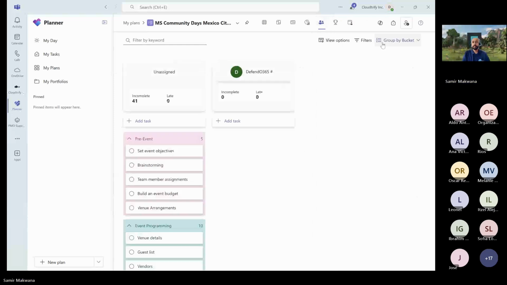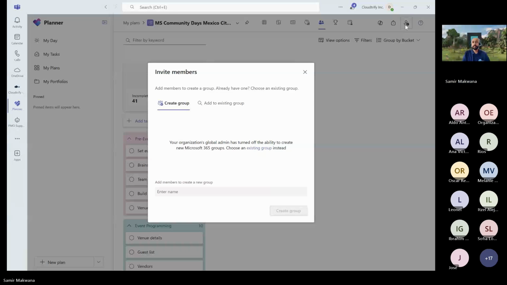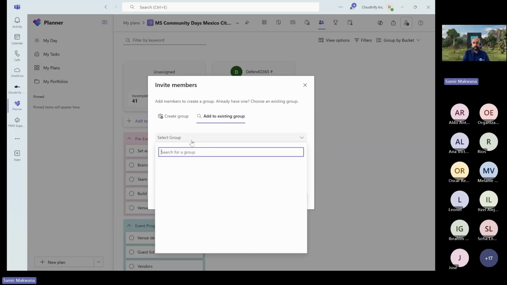So you add a member. If I go here, Samir, I have added that. Okay, it's not allowing me to do that, but let's see if I can find any other group which I can add here.